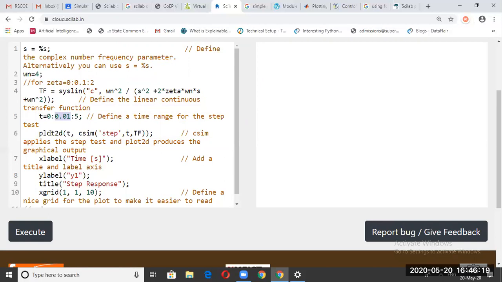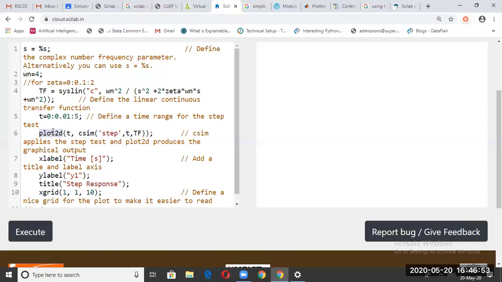Now you are using the plot 2D function to plot the time response. The time axis, the variable t, is the first argument in plot 2D. Now csim will simulate for a particular step input. So it will apply the step input, take the transfer function and plot it against the time axis, and the input is a step signal here.